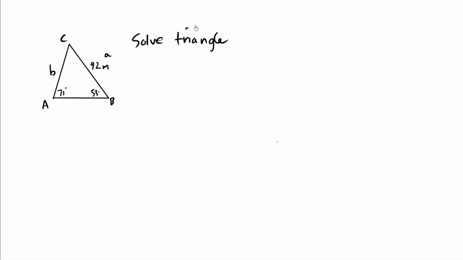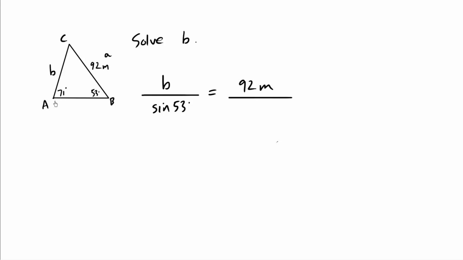So let's solve B. Let's just solve one of these. Solve B. This is a side, this is a length. So I'm going to say B over sine of B, which is sine 53, is equal to A, 92 meters, over the sine of A, which is sine 71 degrees. And if you want to solve for B, you can just multiply both sides by sine 53. So we get B is equal to 92 sine 53 meters all over